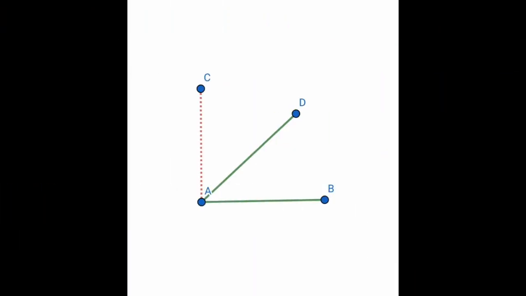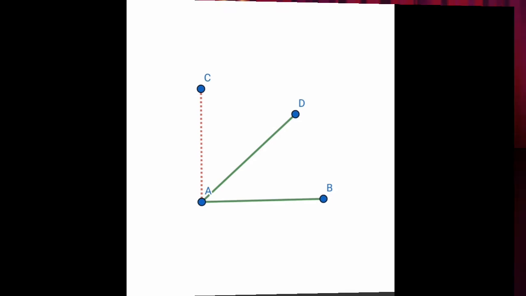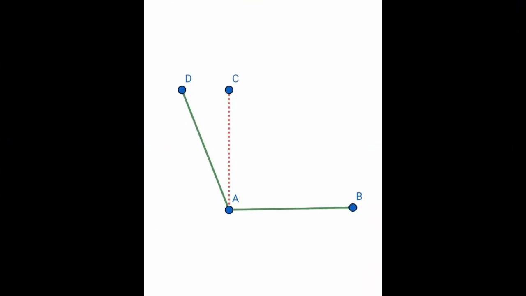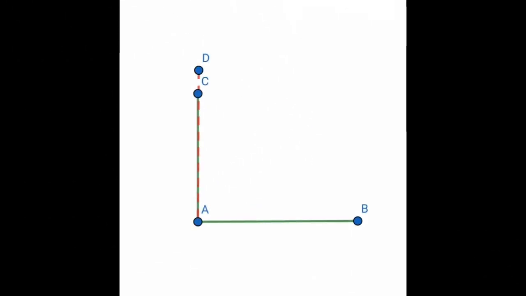What if the measures are not mentioned? There is a very easy way to know. You have to imagine a straight vertical line from the vertex of the angle. See this figure. In angle DAB, I have drawn a line from vertex A, the dotted line. Its name is AC. Now see the arm AD. It falls within the dotted line AC. So it's an acute angle. Now see the next figure. Here the arm AD is outside AC. Hence it's an obtuse angle.